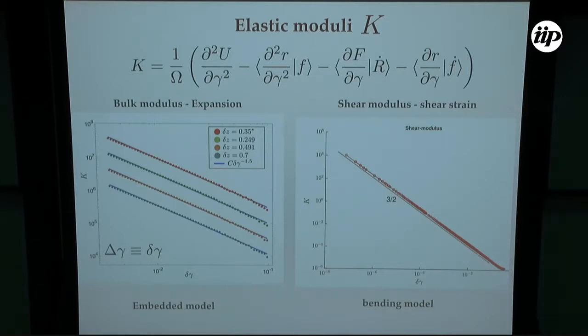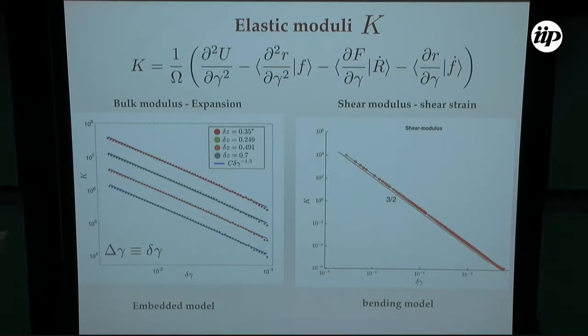numerics. But now we have the advantage that we can really go close to the critical point because these are really rigid rods. In the other case, at some point the stretching starts to be important, and then you see some kind of crossover. Here we can go very, very close to the critical point. You can see here in this model a lot of orders of magnitude showing this